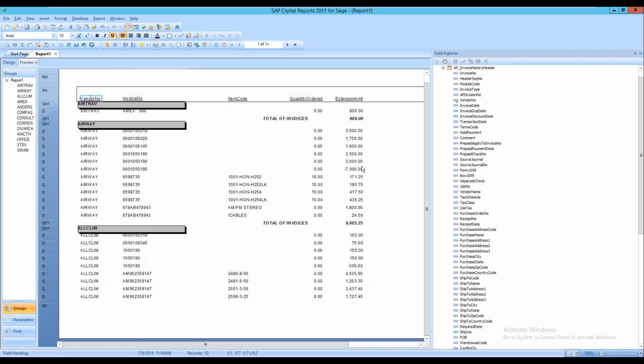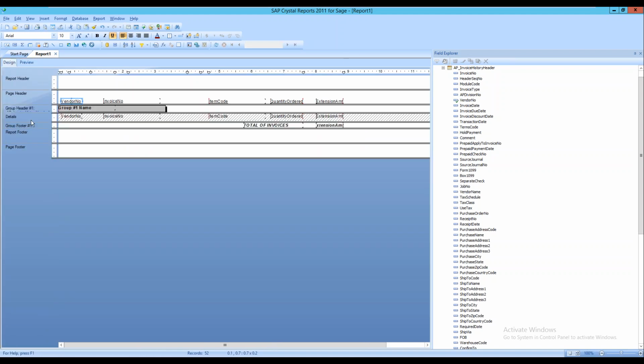So that's a really cool function, because let's say the boss says, hey, I want to see everything for airway properties, but I don't care about the little ones. Anything that's over 500, show me, right? You could come into that suppression again and do that same type of suppression here, where you could say